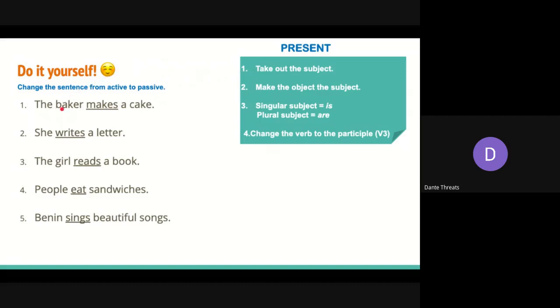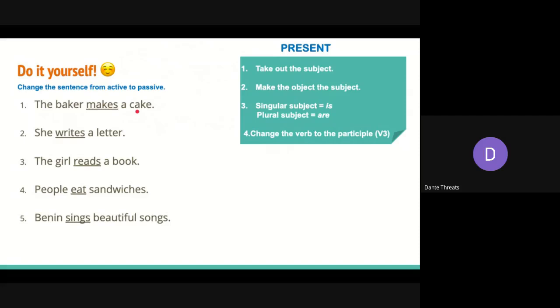Next thing we do is to make the object the subject, all right? What is the object? Cake, exactly, all right? Now, we make a cake the subject, right? So it should say a cake. Then we add is or are, right? So a cake, which is a singular noun,